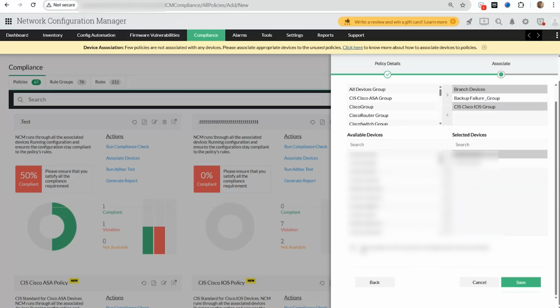So what this will do is run the compliance check for the selected devices and determine whether they are compliant or not. Then you can just click on save. So that's a detailed overview of creating custom policies, rules and policies in Network Configuration Manager for compliance. This feature helps network admins automatically detect deviations from desired configurations and take corrective actions, reducing vulnerabilities and maintaining